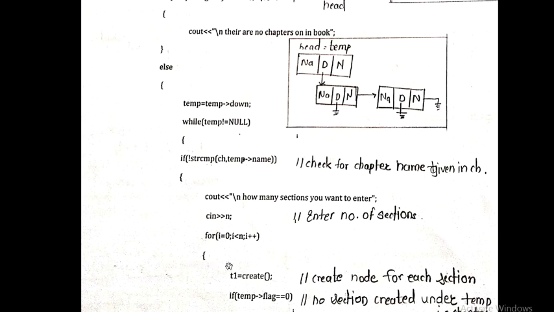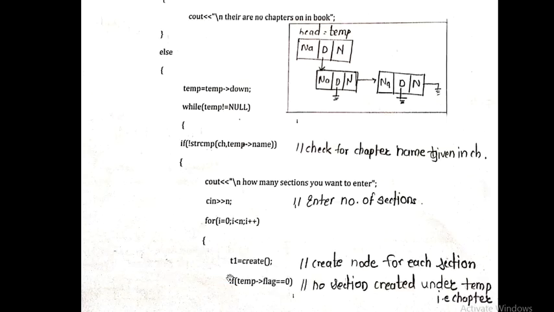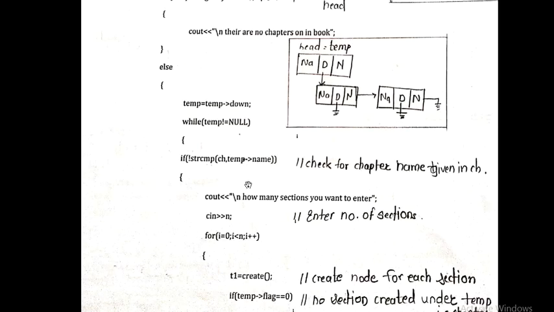So in this way we have to break this. So this will complete your else, this will complete your for loop, that is the number of sections we have included, and we have to break that. After breaking, meaning the number of sections are included, then what we have to do? Then we again assign temp is equal to temp of next, meaning we need to search for the next chapter name. If CH is not matched, meaning if this matching is not done, then we are not going to execute this for loop.